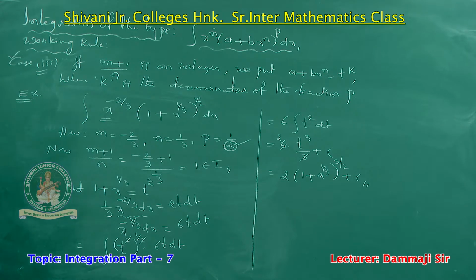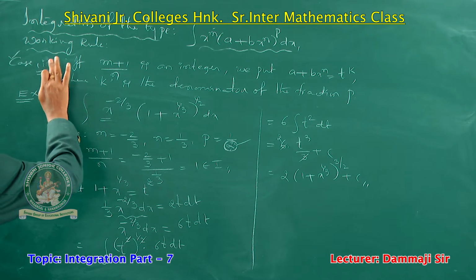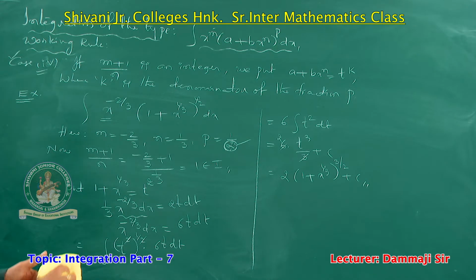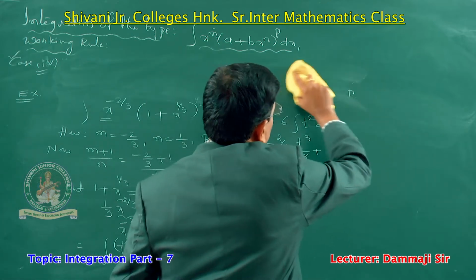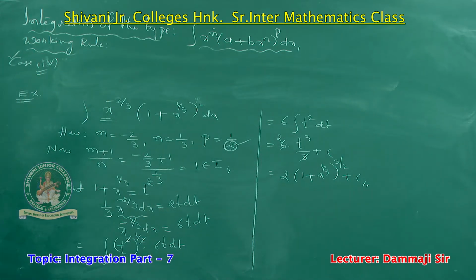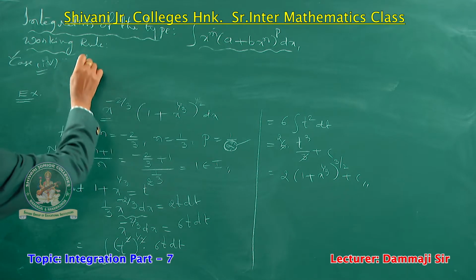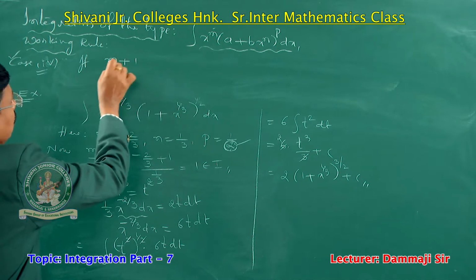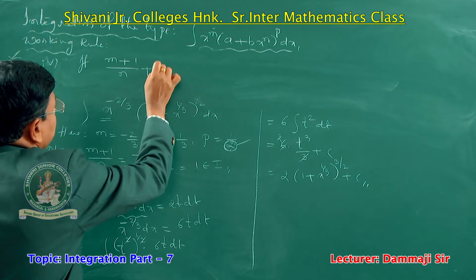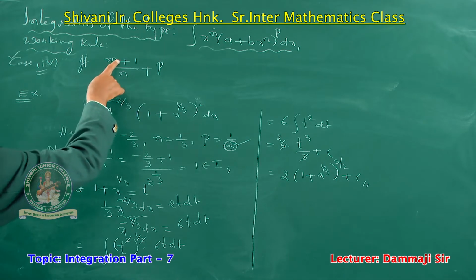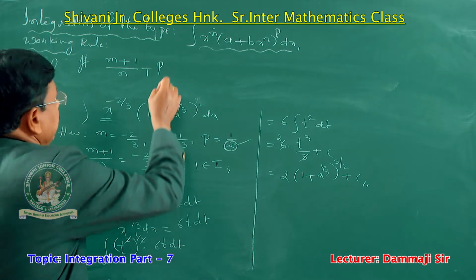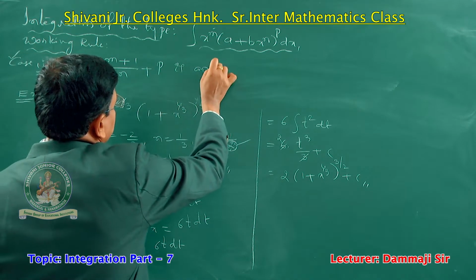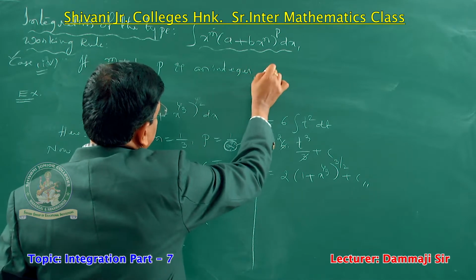Next we will discuss one more case, that is case 4. Next is the process. In case 4 also we have the same form of the problem. That is one of the formations: if m plus 1 by n plus p, see once again, m plus 1 by n plus p, is an integer, we put